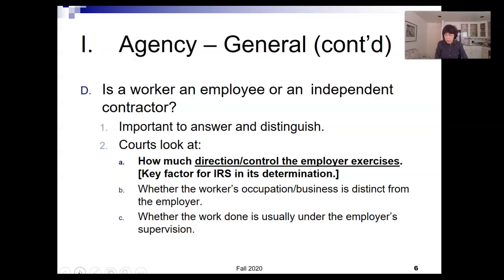And so, for example, I'm a homeowner, and if I need repairs, I will go out and I will interview or talk to a number of different tradespeople, right? And I will hire one to do the repair work on my house, all right? That repair person, though, is going to be an independent contractor, right? Their work, whatever they do for me, is separate from what I do, all right? I have no expertise and really have no way to dictate or tell them how to do the work.